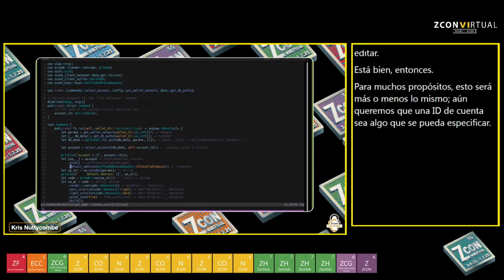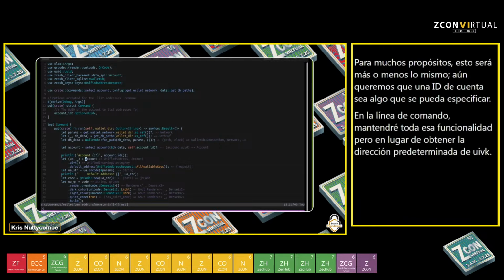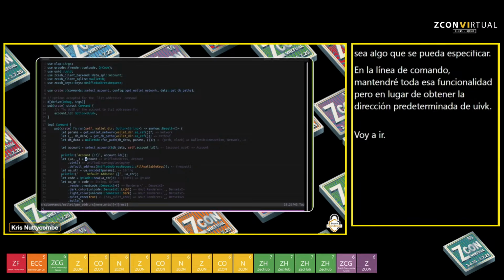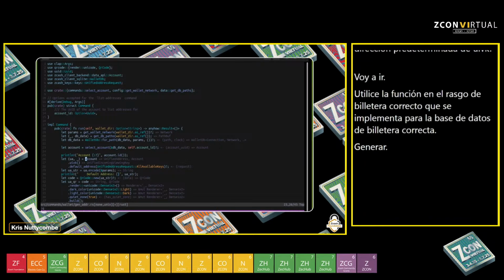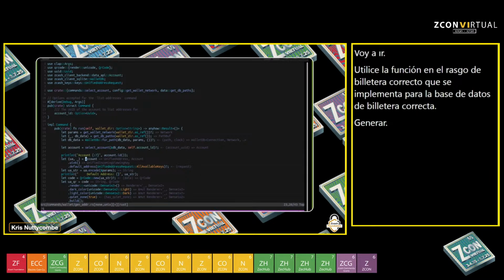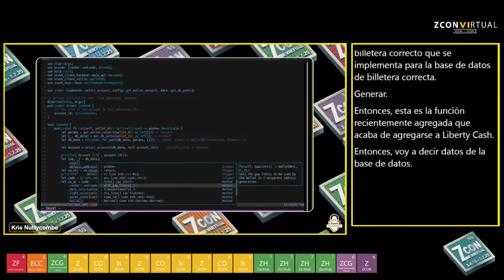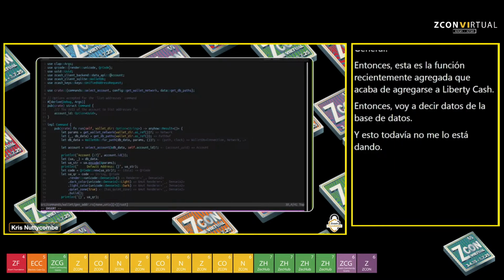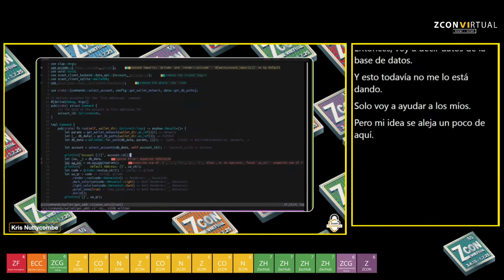But instead of getting the default address from the UIVK, I'm going to use a function on the wallet write trait, which is implemented for the wallet database, to generate a new address. So this is the newly added function that has just been added to LibreZcash. So I'm going to say db data. Oh, and this is not yet giving me. I'm going to just help my IDE out a little bit here. I know I just added that to the wallet write trait, so